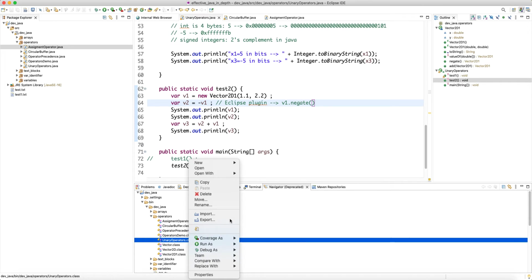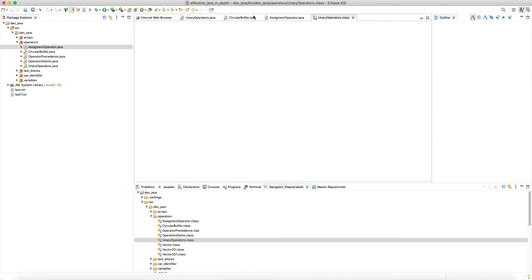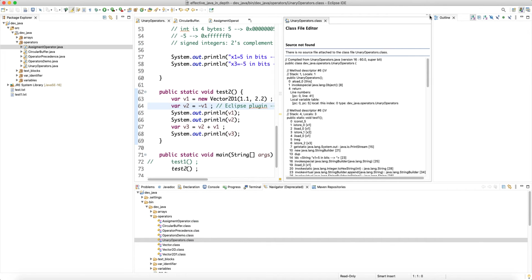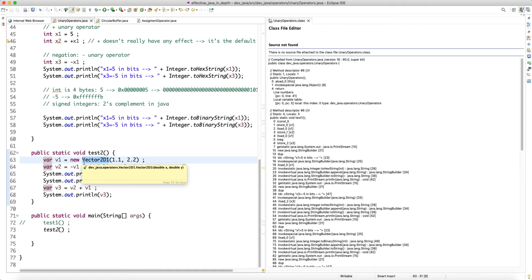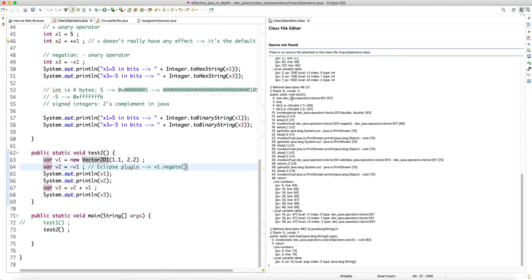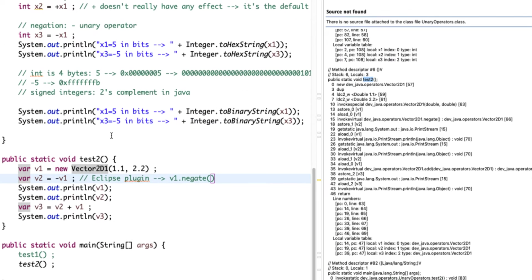Let's look at the bytecode to make sure that nothing out of the ordinary happens. With all this operator overloading, the meaning is that the compiler binds these operators, minus v1. v1 is a user defined type. It's a Vector2D type. This is not a built-in type in Java. And all the compiler does is translate this in bytecode to a call to a method, and we can confirm this. So if I look at test2 here,